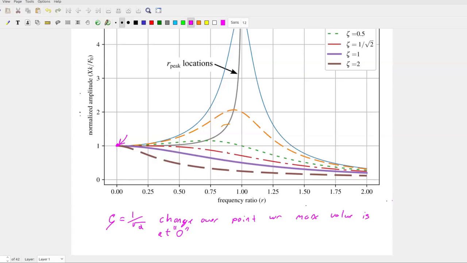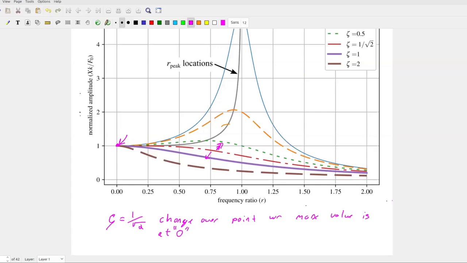The changeover point is this red line. So anything that's to this side of the red line will have a peak somewhere to the right of 0. And anything that's to this side of that red dashed line will have a peak somewhere to the left of 0. So